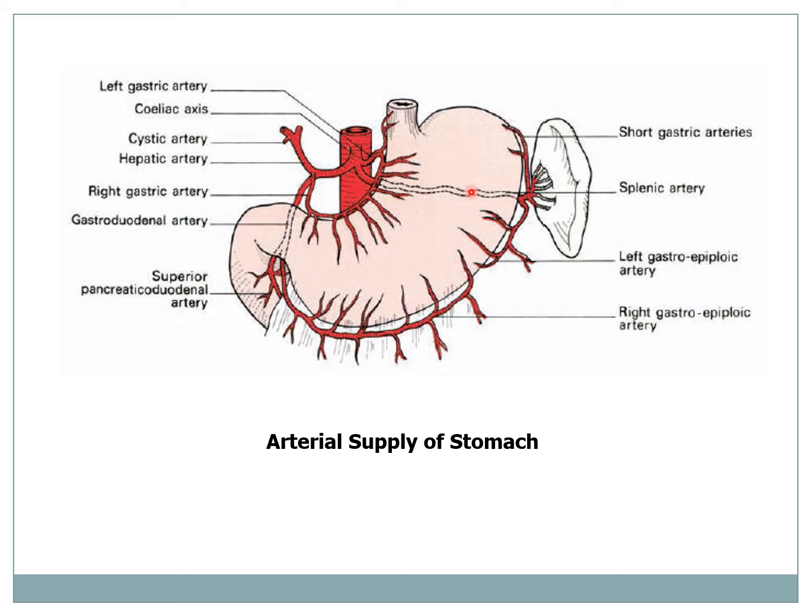Mainly it is supplied by the celiac trunk because it is derived from the foregut. So a foregut derivative is mainly supplied by the celiac trunk. The arterial supply of the stomach comes from the celiac trunk directly or indirectly, and the arteries reach the